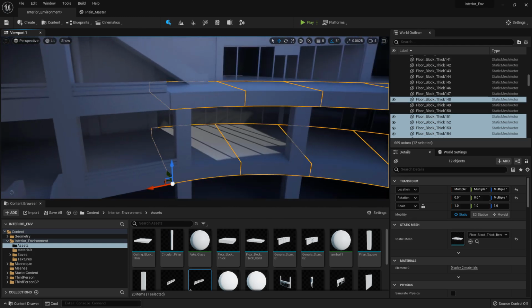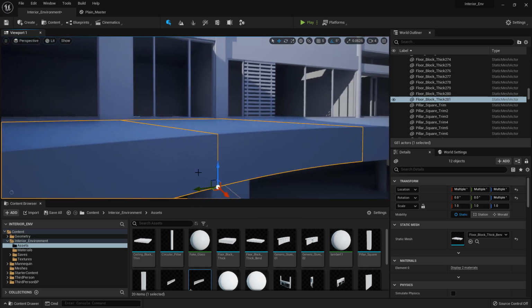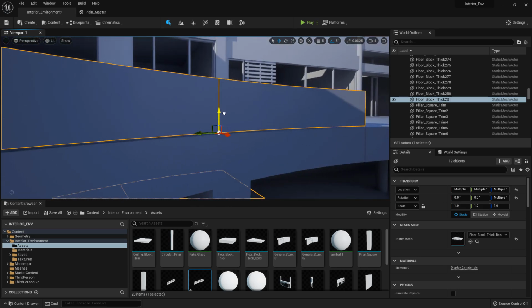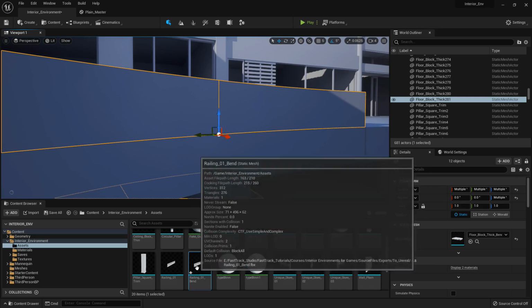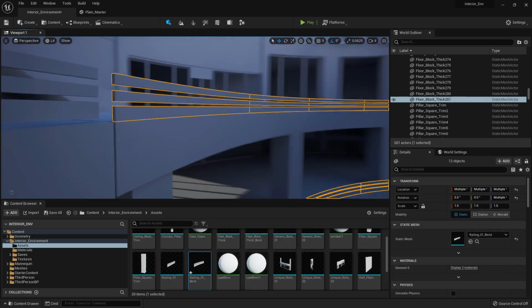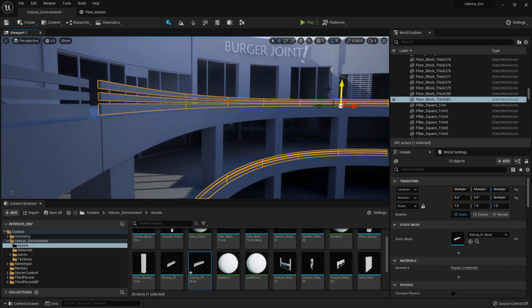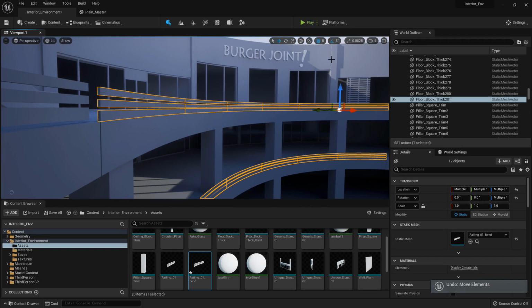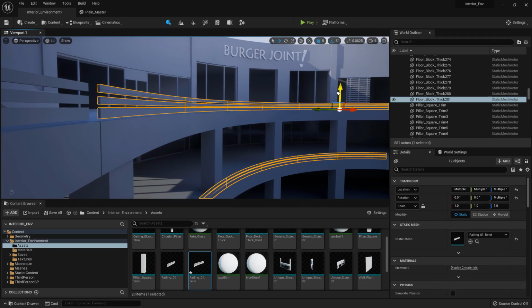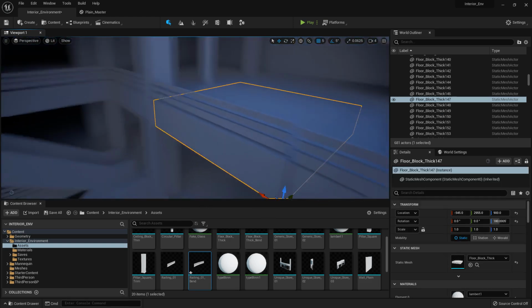Over here, then do a Ctrl-C, Ctrl-V, so we are duplicating them. We are moving them up. And then we are simply dragging in our railing bend on all of them, so that it instantly changes. And then let's actually do our snapping and snap it to the top over here. This is